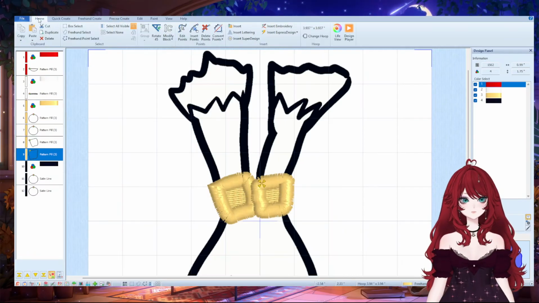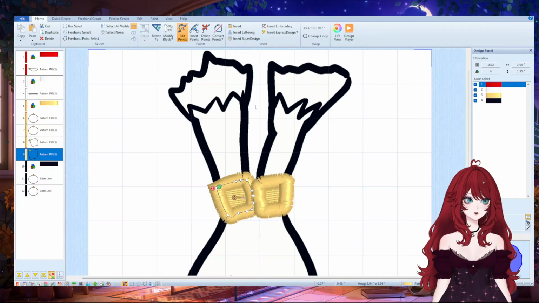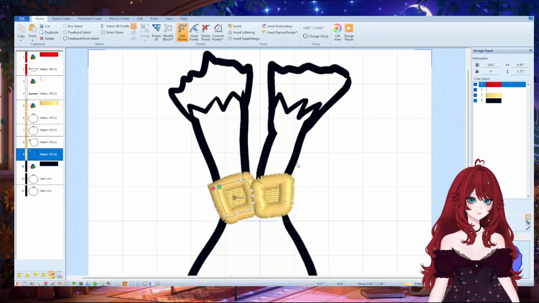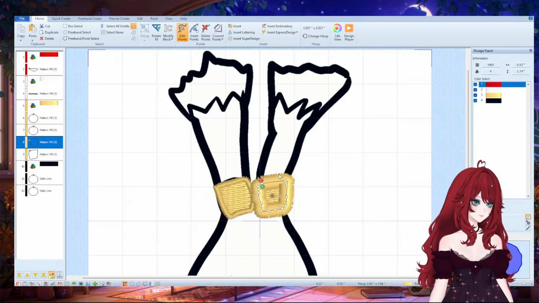All right, so we're going to do the same thing. We're going to go to edit points. We're going to change the line down to 0.5. That seems to be 0.05. There we go. That seems to be the middle ground